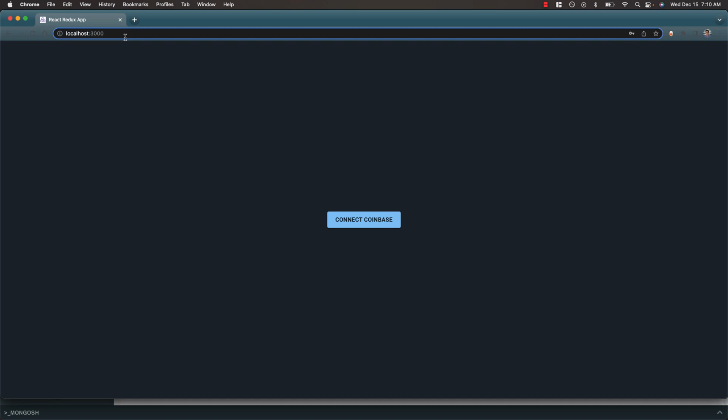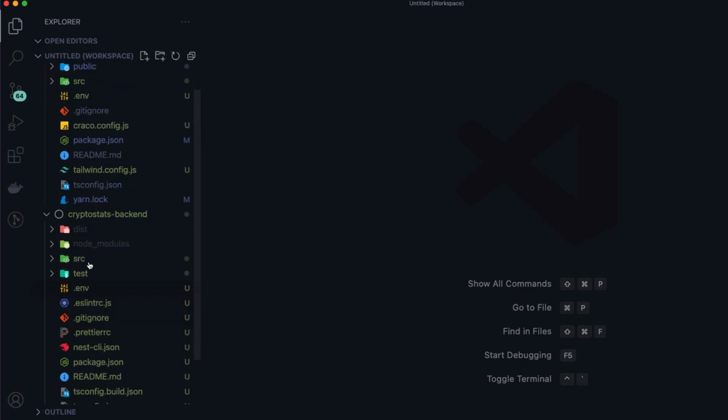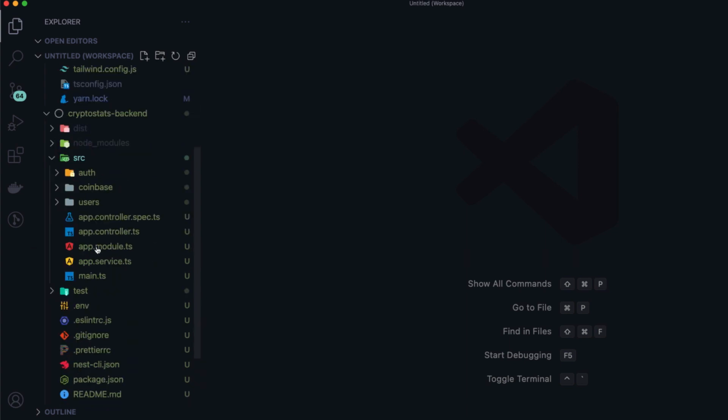So now in our application, if we try refreshing the page, we see the login screen very quickly, but then we're immediately redirected to our home screen here because we are in fact authenticated and we don't have to log back in. So now we're ready to actually reach out to the Coinbase API and get some useful information to